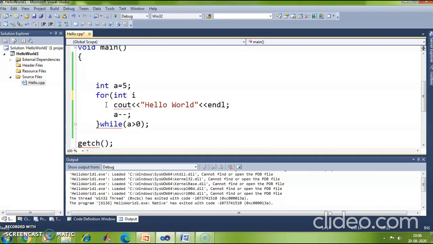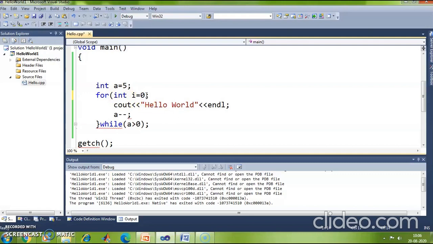I have declared a variable I, which is my check variable, and the initial value of I is equal to 0. Now suppose we are using this variable A here, you need not declare it. You can simply assign it. If you have not declared a variable, then you can declare it here also. Followed by a semicolon,